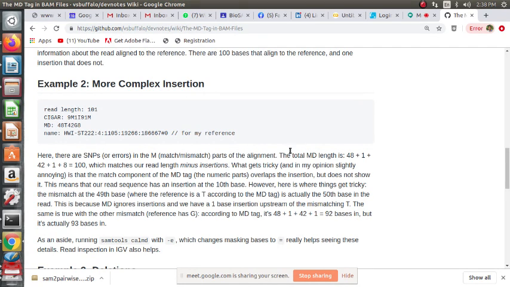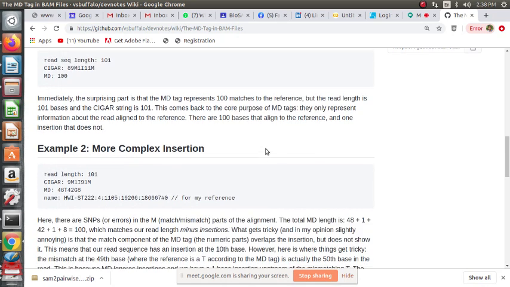So 48 plus 1 plus 42 plus 1 plus 8. 48 plus 42 is going to be 90, and 90 plus 8 is 98, plus 1 plus 1 is 99 plus 1, that's 100. So which matches our read length minus insertions. So one insertion is not taken into account in the case of MD, just as with the previous example.